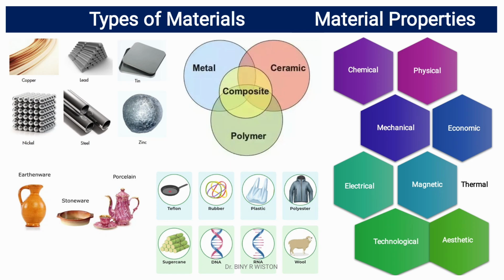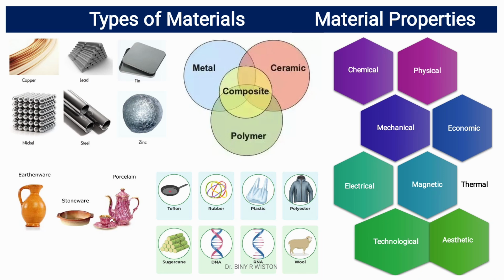Then we have chemical properties which include corrosion resistance, atomic weight, equivalent weight, valency, molecular weight, acidity, alkalinity, atomic number, chemical composition, etc. Then we have mechanical properties, which include strength, elasticity, plasticity, ductility, brittleness, hardness, toughness, stiffness,